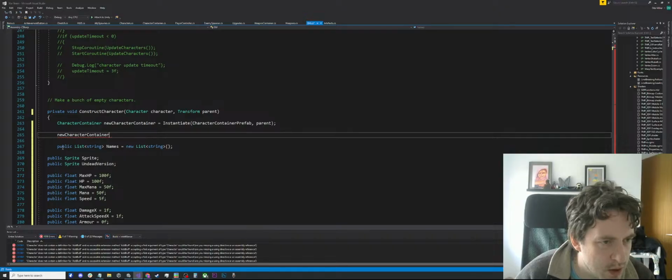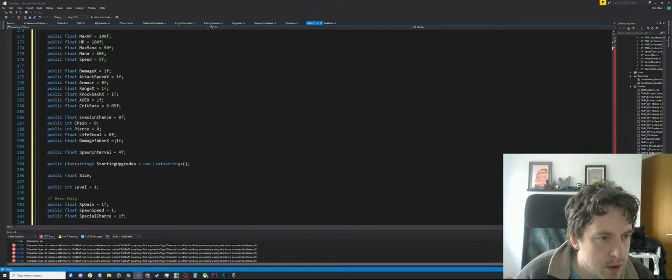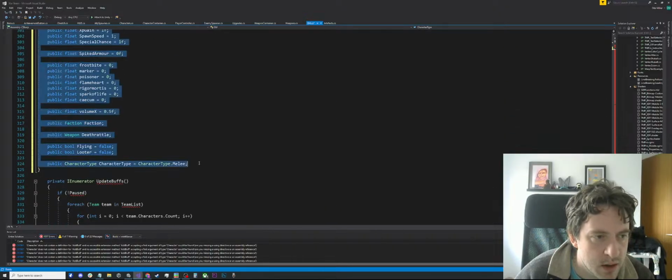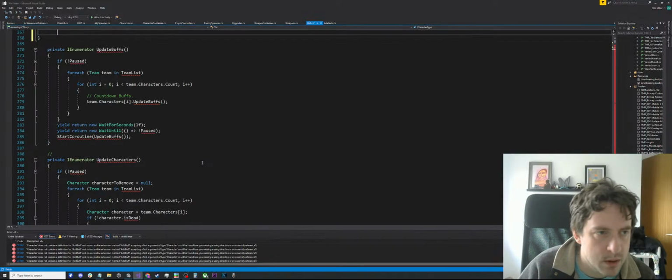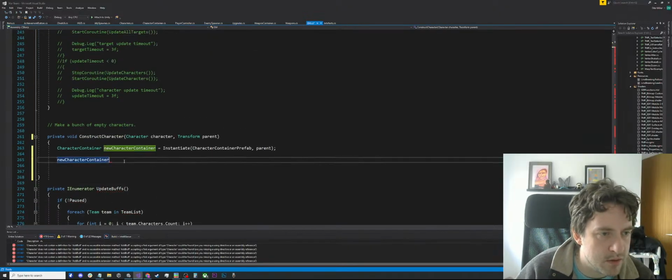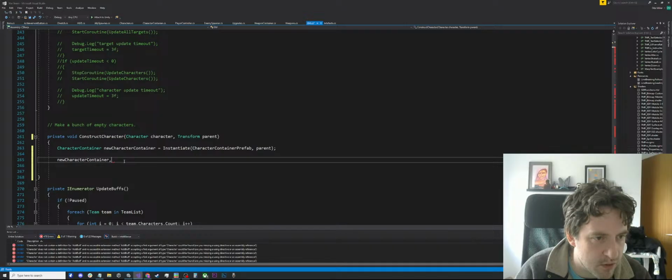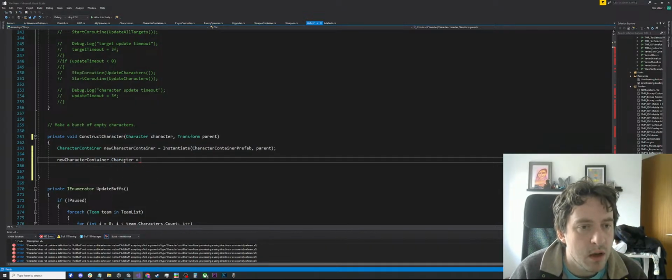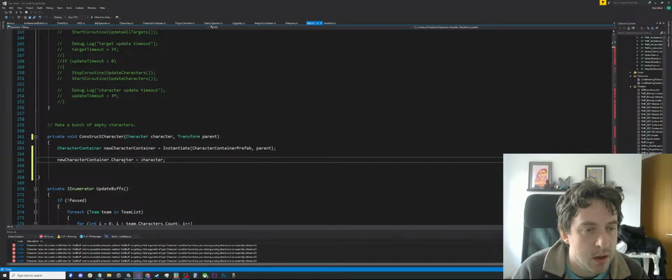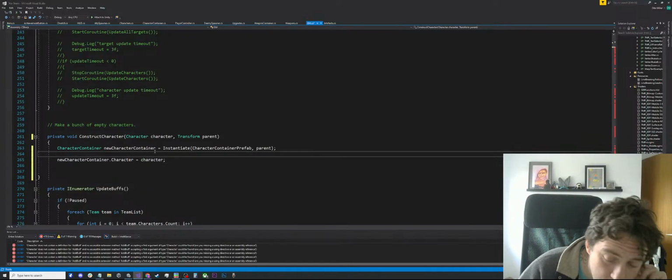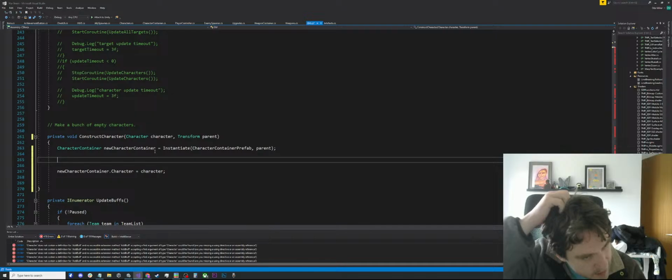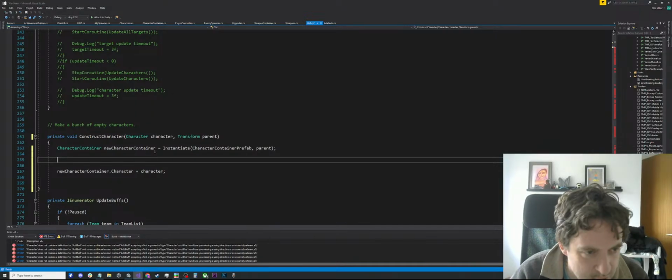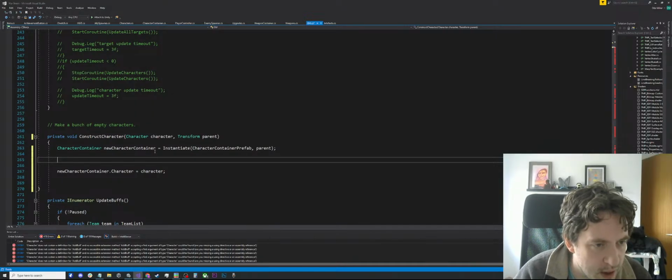In fact, actually, we don't need all of this. That was silly. Yeah. So we go new character container dot character. This is just the simple, basic, crucial one. Equals character. Okay, but actually, I think I want to copy it just because I don't fully understand how this works. But basically, it's better to say